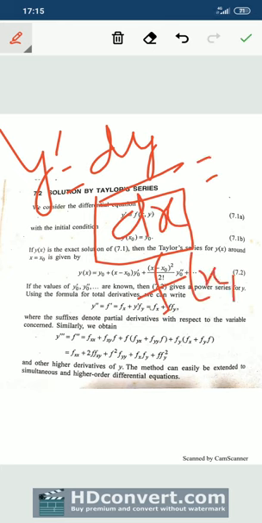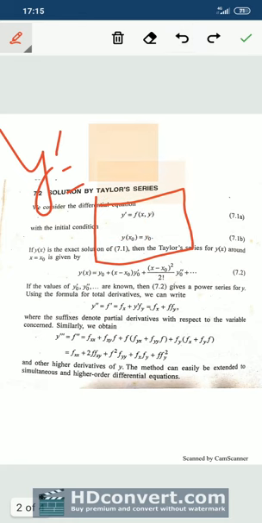Now as I said, the main idea is to write down or expand y(x) about the